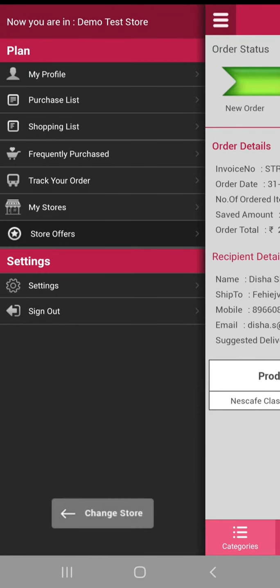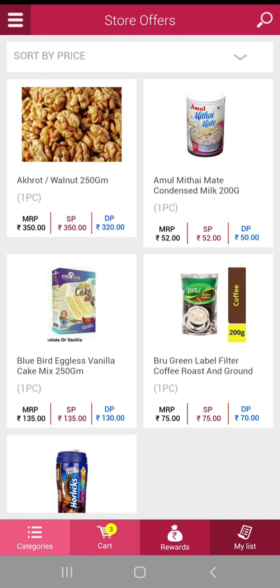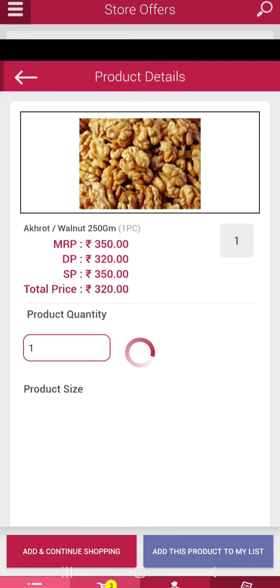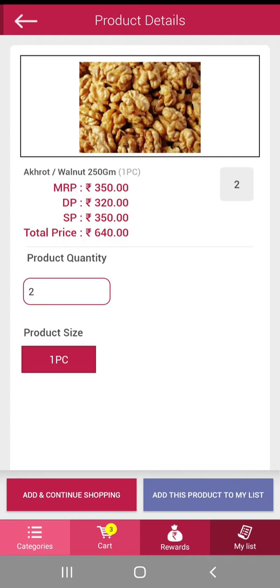Apart from this, he can also see all the store offers in the store offers section, where he will be able to see all the store offers that are presently running in that store, and he can simply tap on any of the item. He can specify the quantity like this and he can move it to the cart